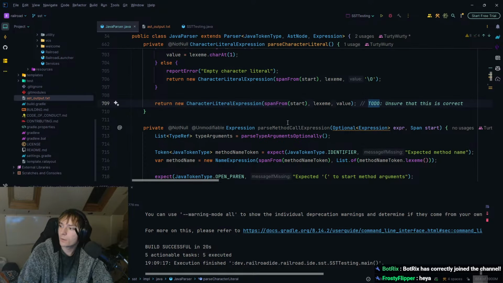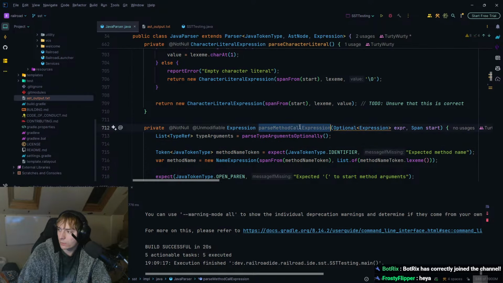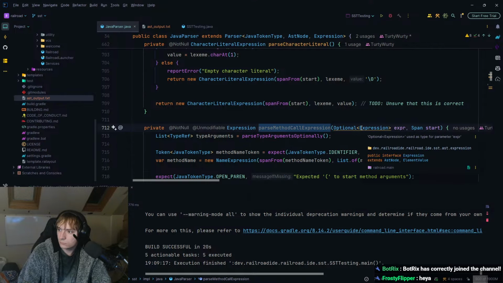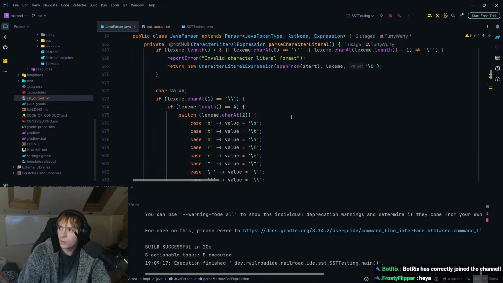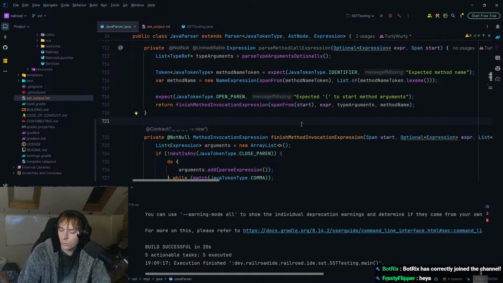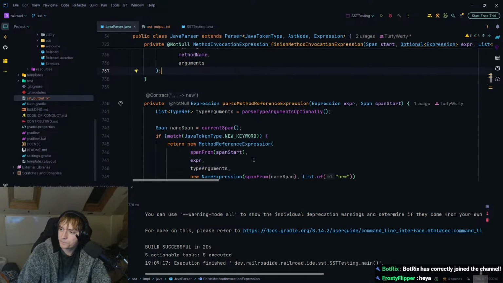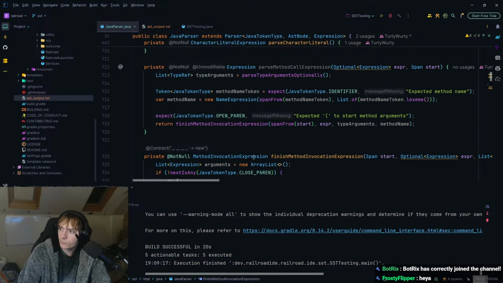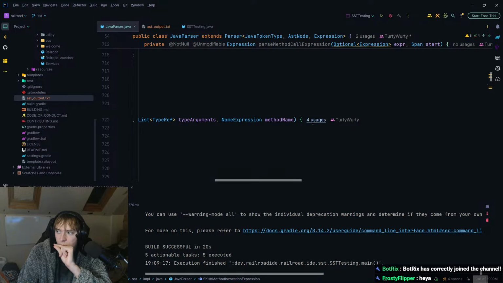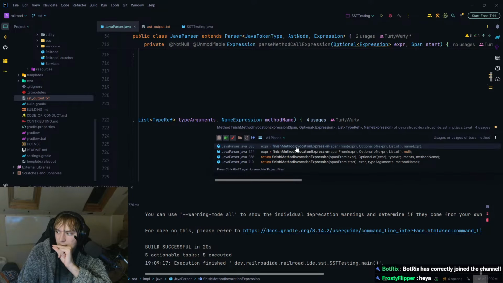So, oh, why is this not being called? That's interesting. Why is that not being called? Uh-oh. Well, I guess we have finish method invocation expression, which is actually probably what we're using.